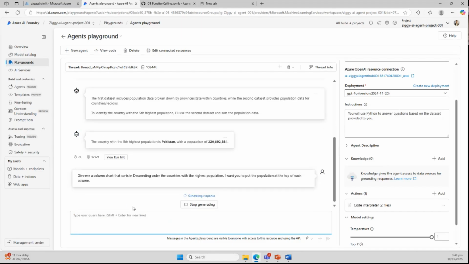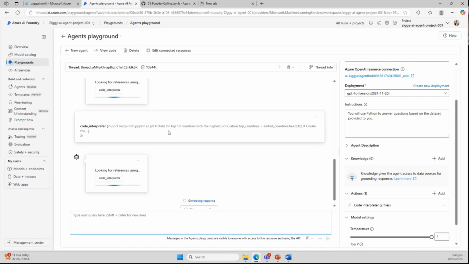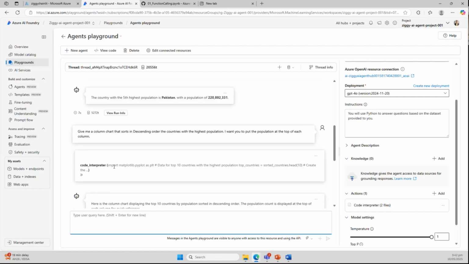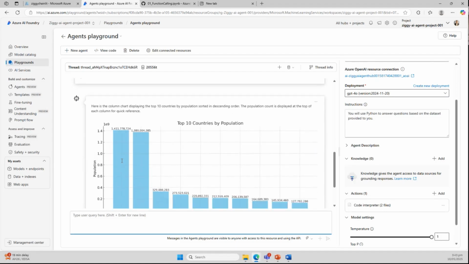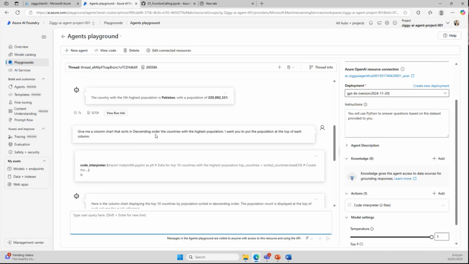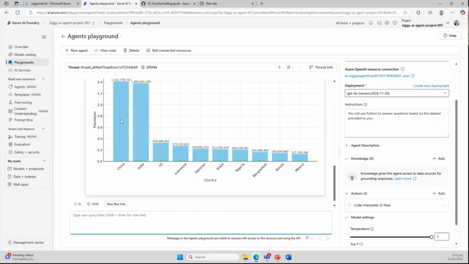Okay. So for those who are using Python, obviously to display it needs another set of code. So number one, this is the question. You can see here it needs to import matplotlib in order to do the chart. Okay, and then from here, this is the actual data. You can notice that on the previous run, it already had the population data. So now it's getting these sets of information.